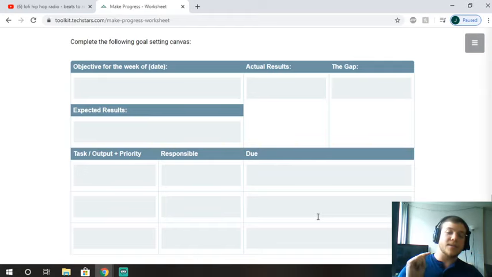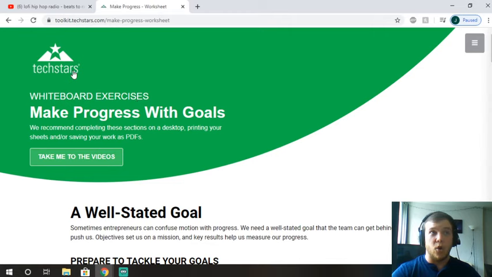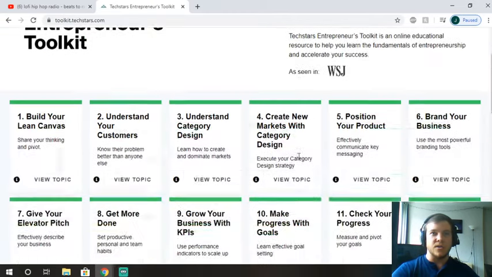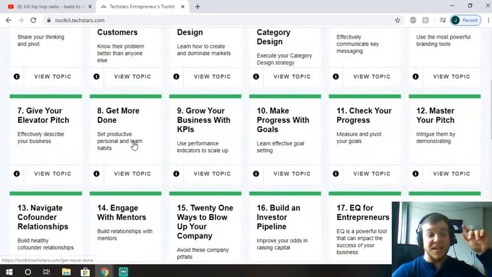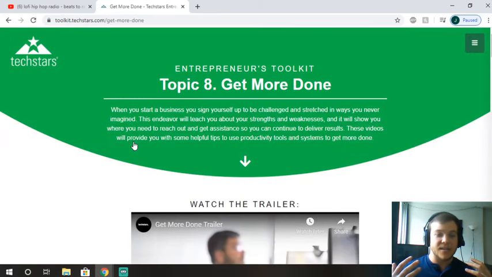I also think that this connects really well to the other session we did the other day, which was, I'm just going to show you the exact title, Get More Done. Get More Done was the session. So for anybody who hasn't seen it, if you go into Get More Done, this is a really good session for how to get yourself organized and manage tasks. When you're creating tasks, how they might feed into your goal setting, I think is really